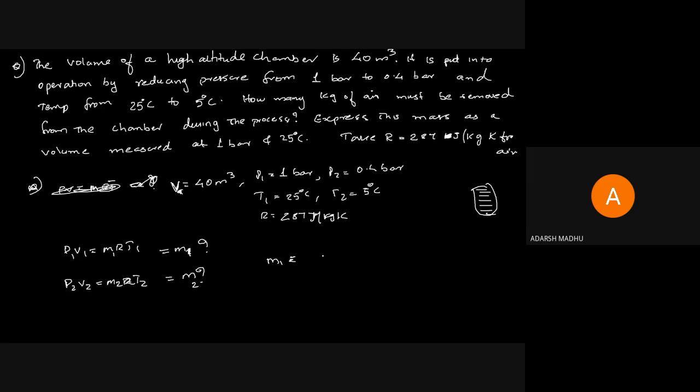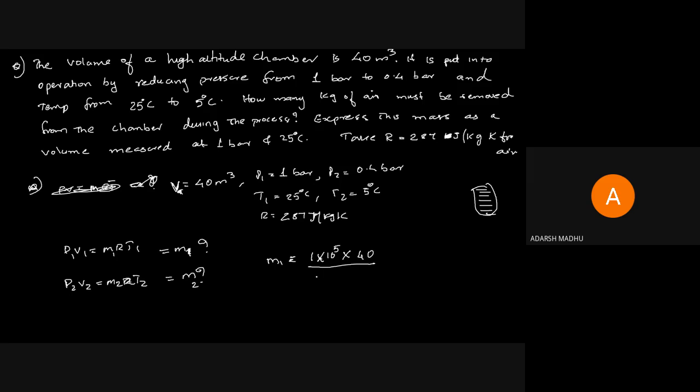M1 equals P1 V1 by RT1. P1 is 1 into 10 raised to 5 Pascal, into V1. V1 is 40 meter cube itself. Divided by